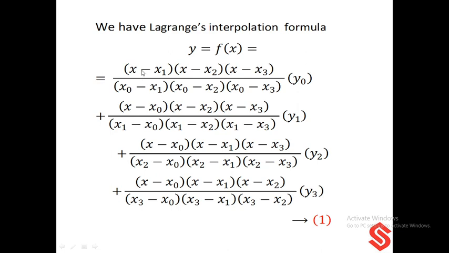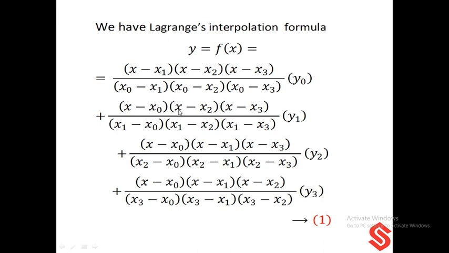So first we'll write the Lagrange's interpolation formula, that is y = f(x) = , so here we write particularly three terms, that is (x - x1)(x - x2)(x - x3) divided by (x0 - x1)(x0 - x2)(x0 - x3) into y0, plus